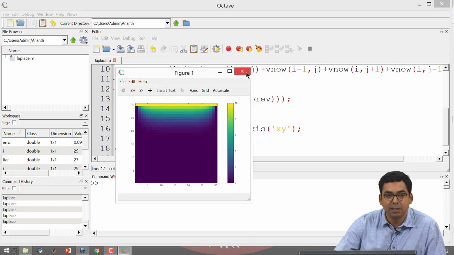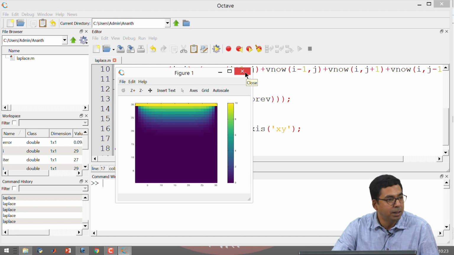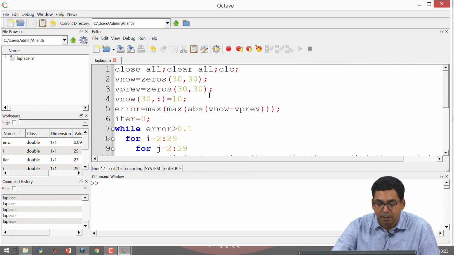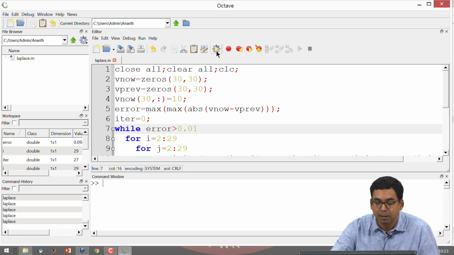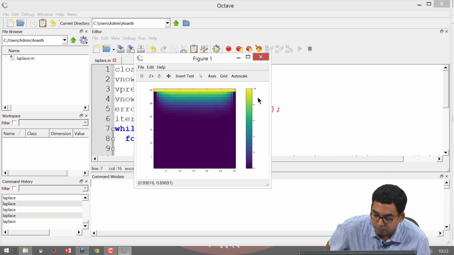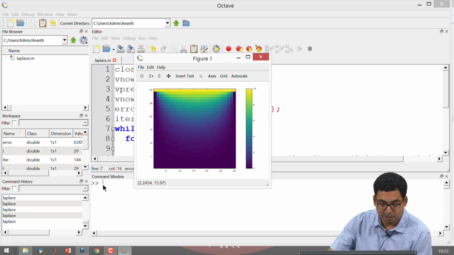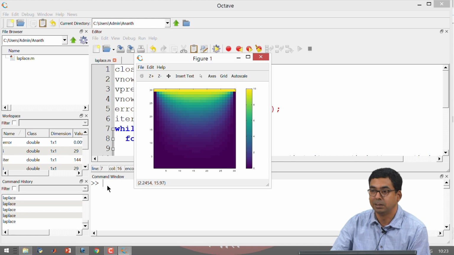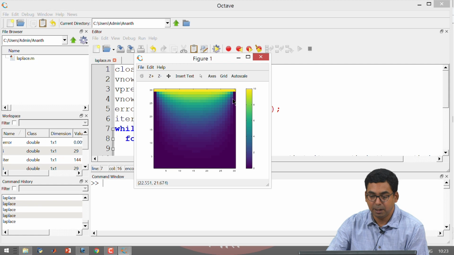However, I am not very satisfied because it is too little. I want to see the voltages that have been calculated fairly more accurately. So, I am going to say that while the error is greater than 0.01, keep reducing the error by a factor of 10. I want to watch this slowly as it happens. The moment I get my cursor back in the command window, I know that the calculation is completed. This is what the calculated voltages look like.